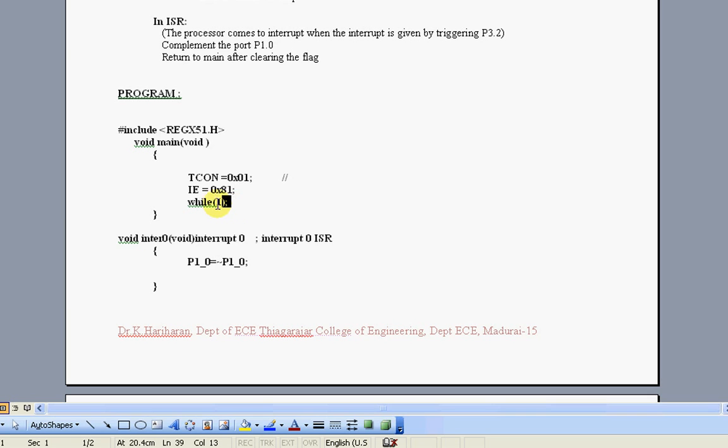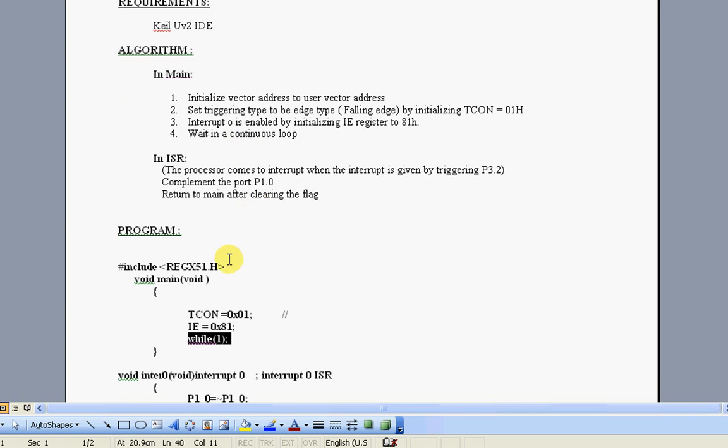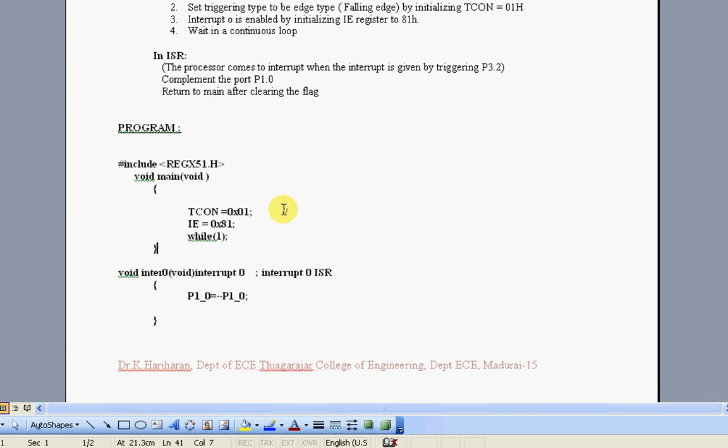After enabling this, I will be in a continuous loop, as your algorithm says. And when the interrupt comes, what happens? Suddenly the processor goes to 003h, but we don't have a provision to write the interrupt service routine at that address straightaway. Instead, the Keil compiler gives a built-in function, void int0. This is your user name, and you can give any name here. Up to void you can give anything. After this you have to give interrupt space 0,